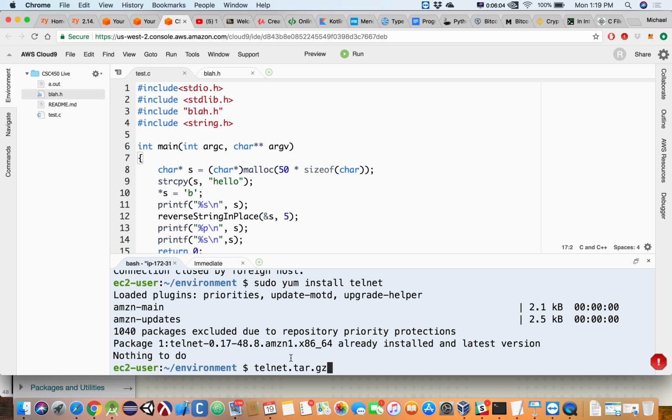But in any case, what you would do is you would download a file like this. You would have to unzip it, untar it. Then you would go in, and once you're in the directory with it, you would do something like ./configure. And that was a script that would run and ask you all these questions of what you wanted to support, this feature or this feature, things you could turn on and off as you're installing it. Then after that, you would do something called a make. And a makefile